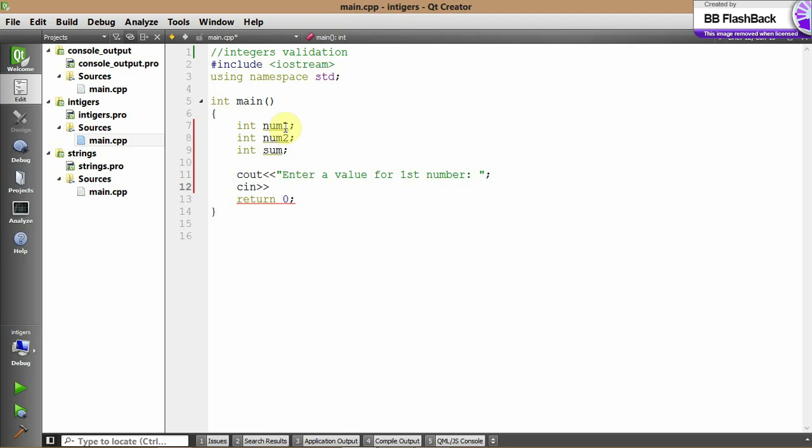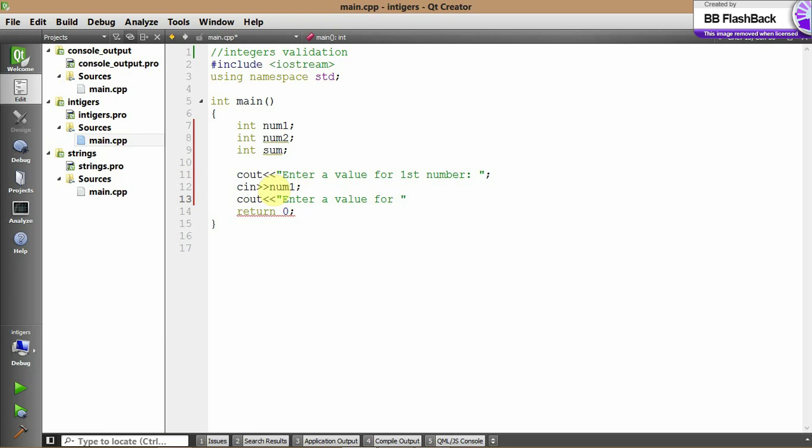Let's just say num1 is our first number, so here we're going to associate the value that is entered to the storage num1. So we write the variable here, num1, then we terminate, and then we continue. Now we need the user to enter values for all these variables that are going to give us sum. So you can say again here, enter a value